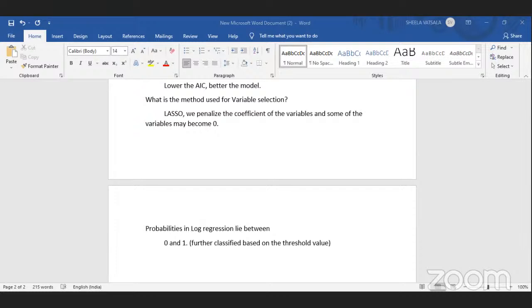Do we understand? Some terms that we need to focus on in logistic regression is